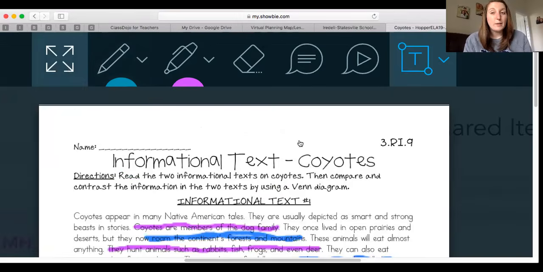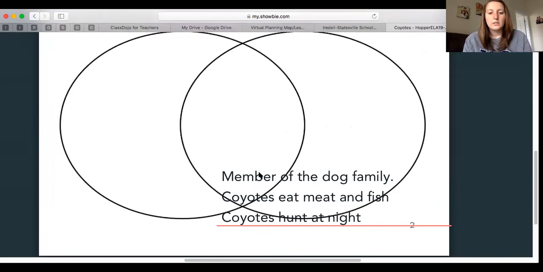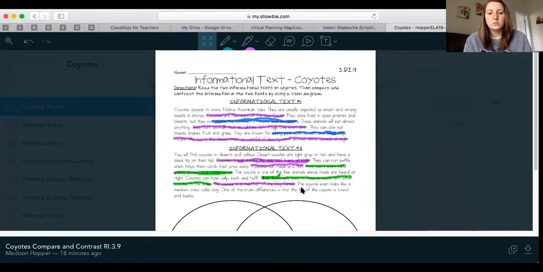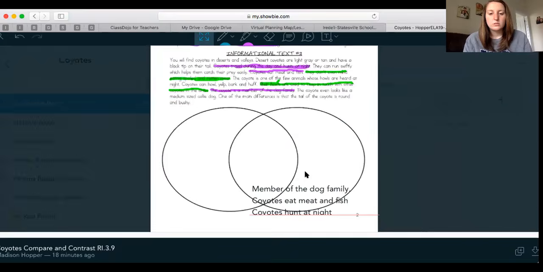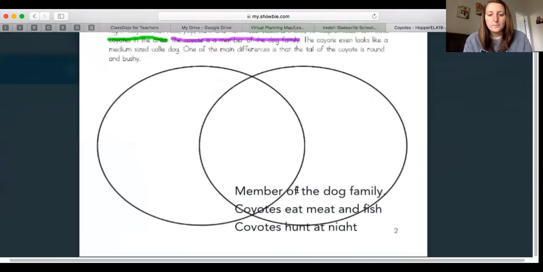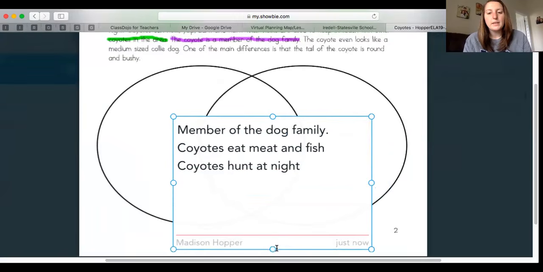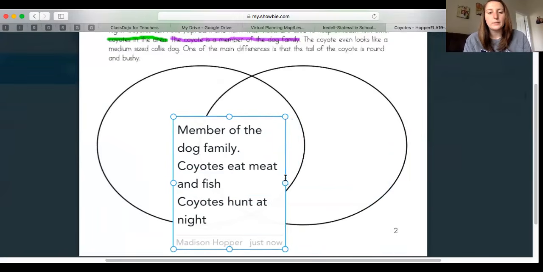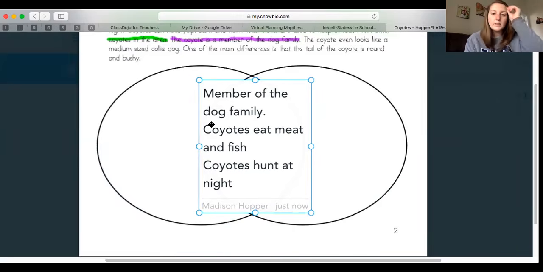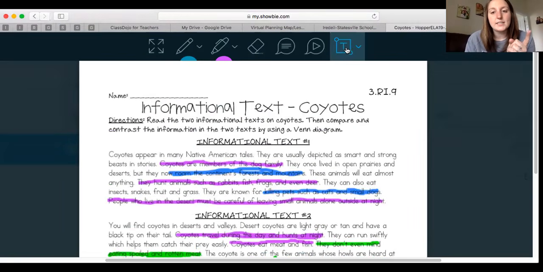I'm going to try my best to make sure it's very neat so we can look at it. I wonder if it'll move it here. Here we go. I'm wanting to move it in the middle as best as I can so that way we can read it. That's going to be in the middle. Okay. So over here, we need to write what the first text discusses.